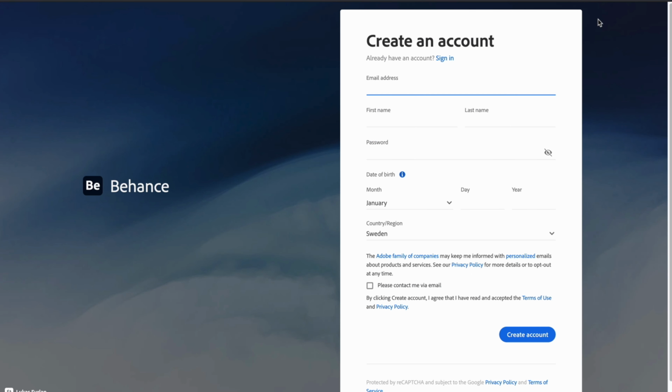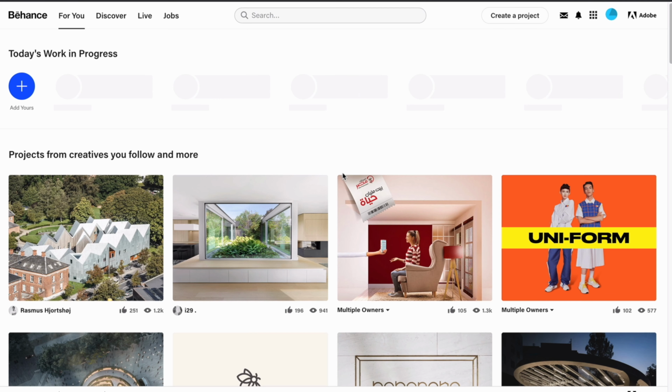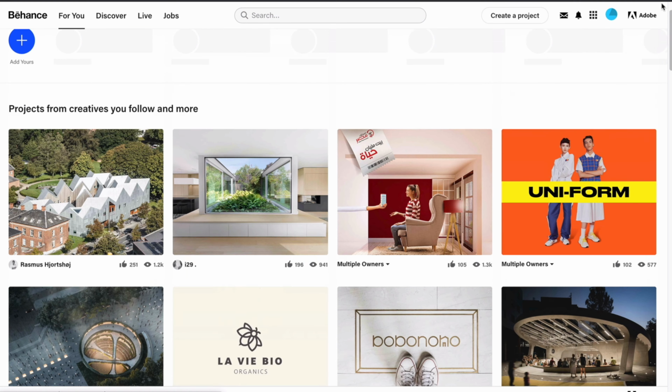The benefit of doing that is that you will be able to save things and store things in your profiles, create mood boards and so on that you can come back to later, which I think is very helpful. So I would recommend that you do create an account. Obviously, I already have an account, so I'm just going to log in real quick to my account. Okay, so when you're in here, what you'll see is just a lot of different work,